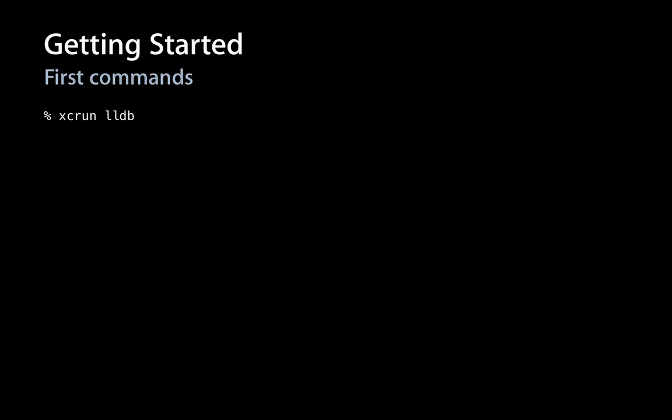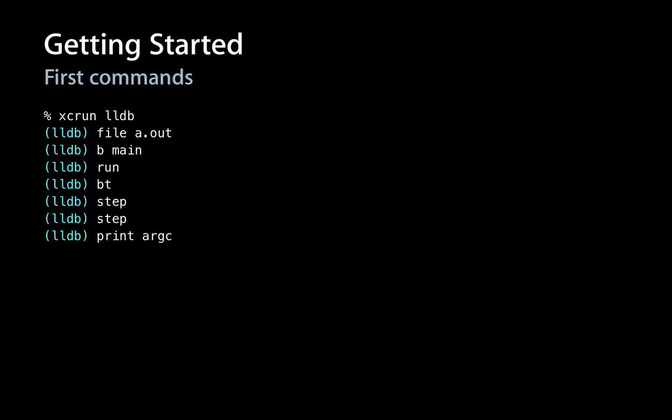And it will also load the correct application depending on which Xcode you may have selected. So here we launch LLDB. We create a debug session using the file command, set a breakpoint at main. Let's go ahead and run, do some backtraces and some stepping, display some data, do a little bit more stepping,